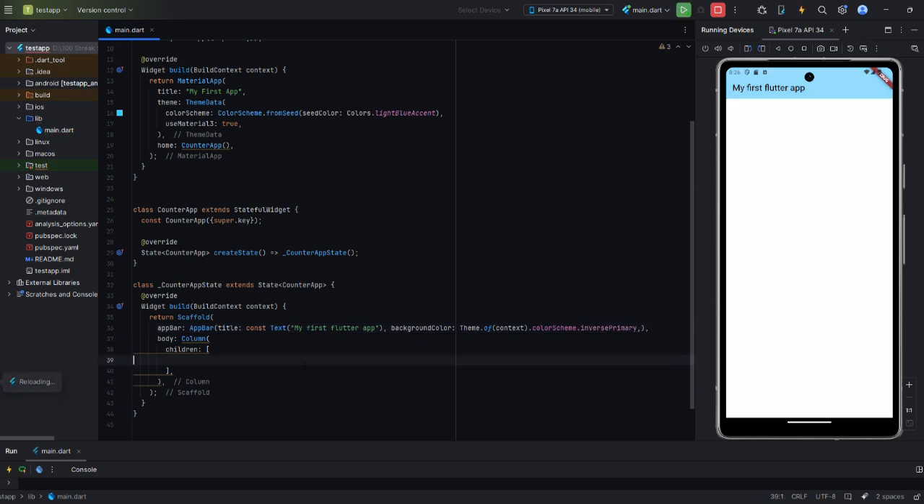So we have a lighter blue now. The next thing we need to do is to add a text widget. In a column, you can have multiple widgets arranged one after the other. They are children of the column. Let us give it a text value